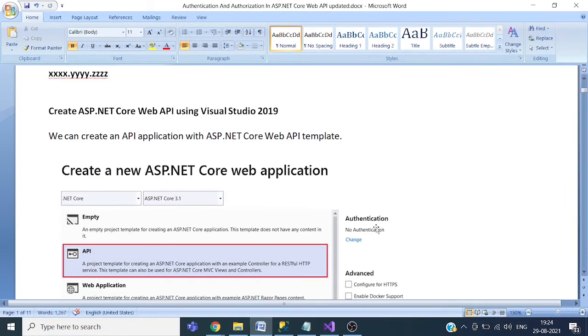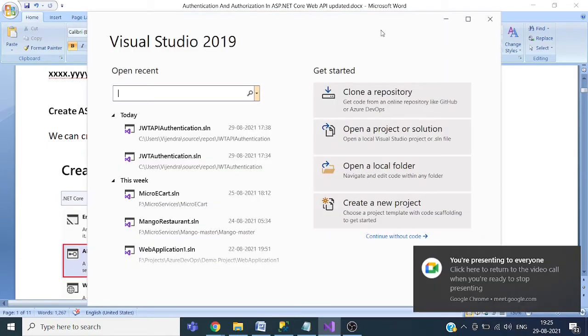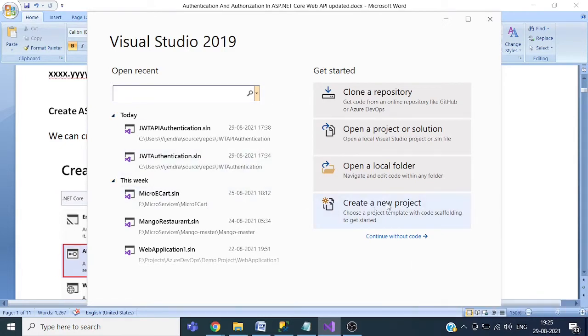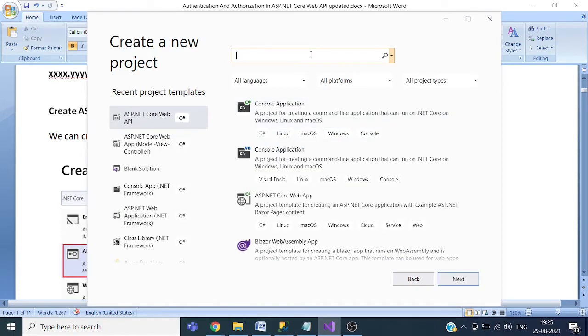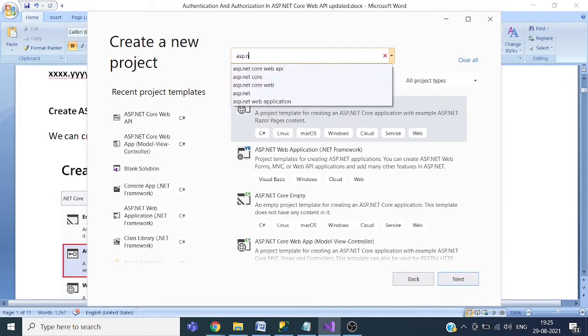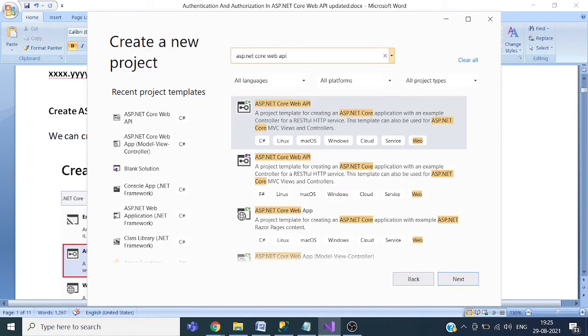So we will create an ASP.NET Core Web API application. I'm using Visual Studio 2019. Click on create a new project, and in the search box, type ASP.NET Core Web API.